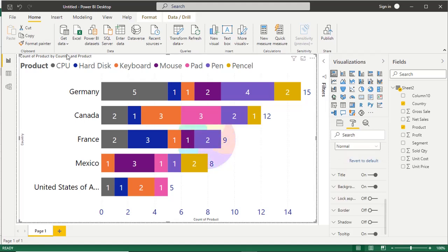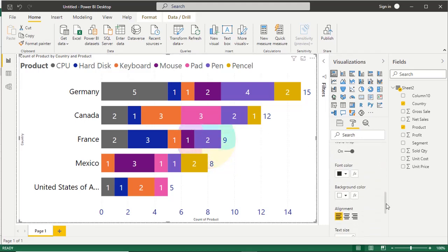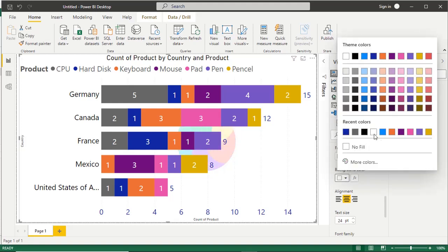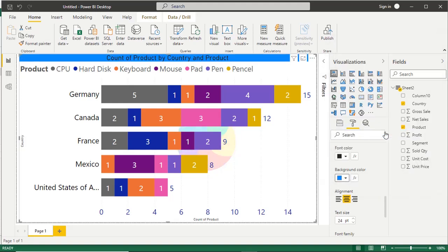Now the title. On the top we have the title. Say title, then make it bigger, say 24, then align center and background color, say this one.